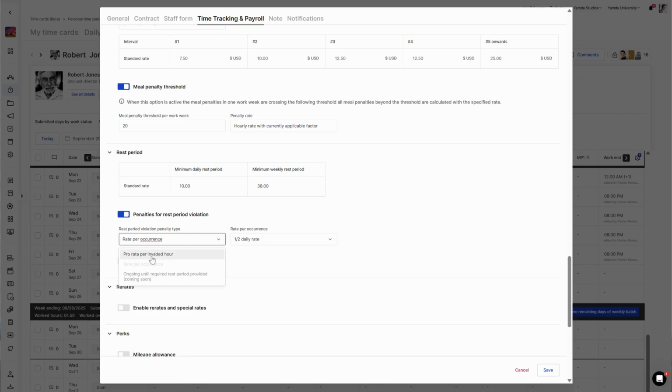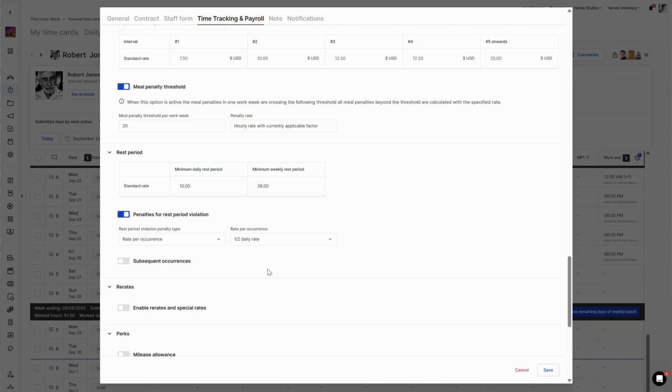There are several options for the rest period violation penalty type. As you can see here, we have either a rate per occurrence, a rate pro rata per invaded hour, or something special that's coming soon, like ongoing penalties until the required rest period has been provided. So those are the 3 options you potentially have.